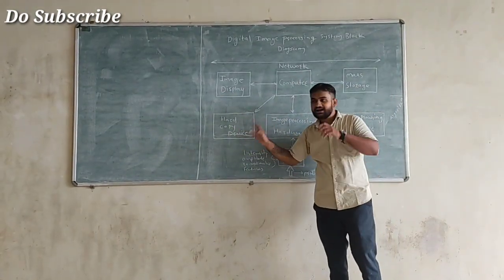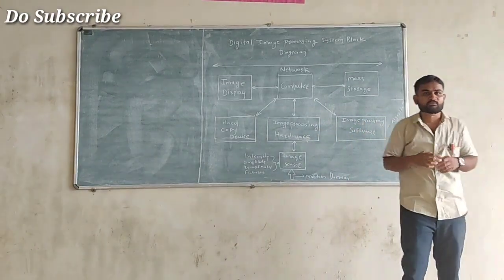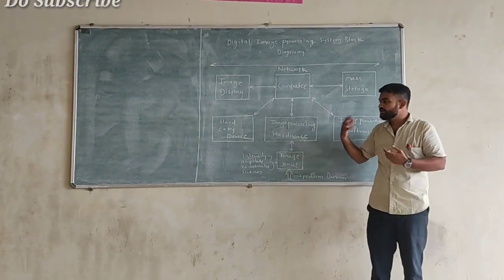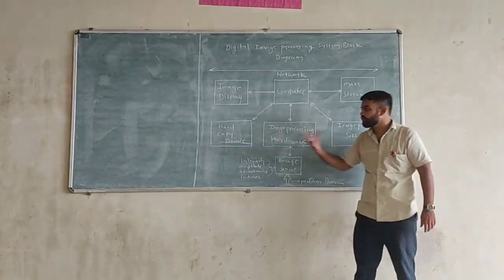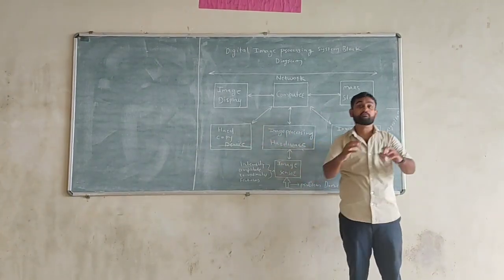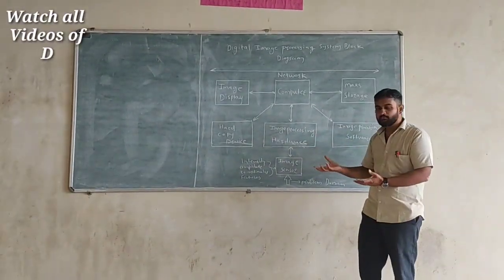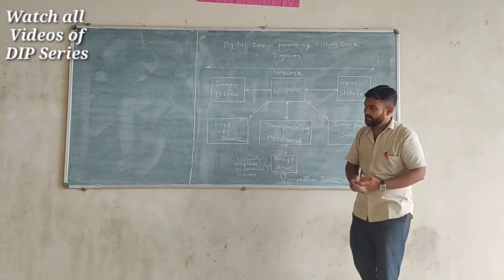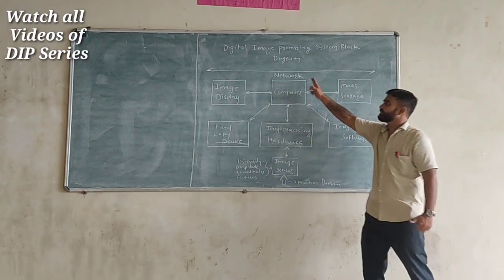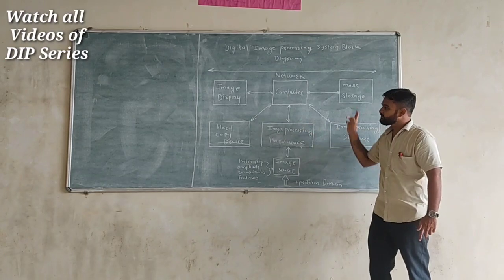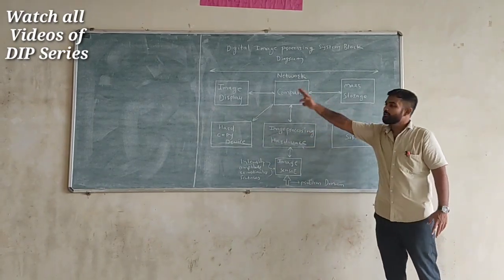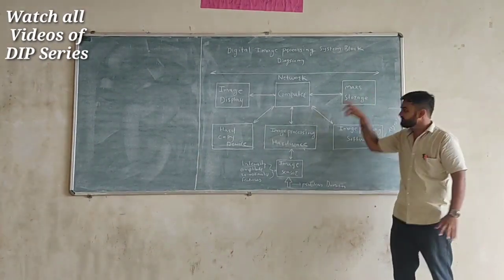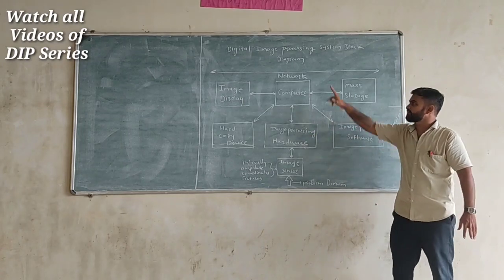Now the hard copy devices. We convert the image into various forms, for example JPG, and ultimately we want to get hard copies of that converted or processed image. For that purpose we have a hard copy device section, which ultimately provides us the hard copy. Another very important thing is the network. This network provides the connectivity between all the hardware blocks of your digital image processing system block diagram, so they are interconnected with each other by using this network.